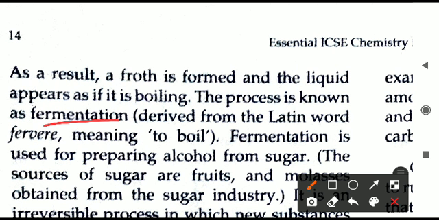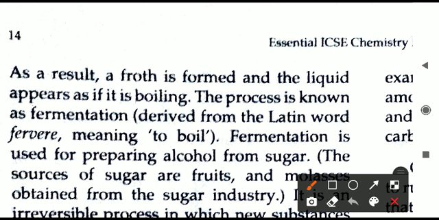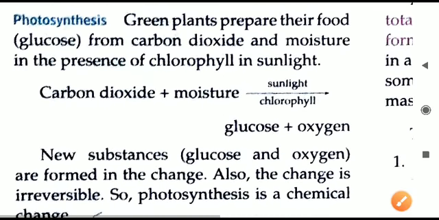The meaning of fermentation is given here. This particular word is obtained from fervere. Fervere means to boil. What we are doing is converting sugar into alcohol. When it is converting into alcohol, we are not boiling sugar, but it appears as if the liquid is boiling, because at the top a froth is obtained. Froth, in Hindi, is called jhaag. So froth is obtained whenever this process is conducted.